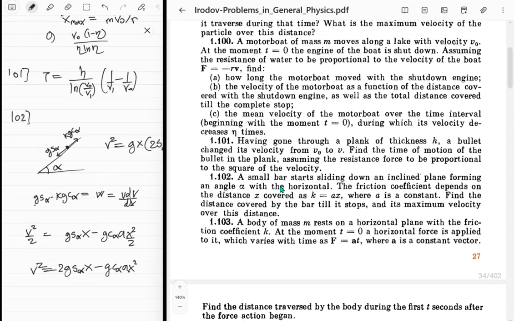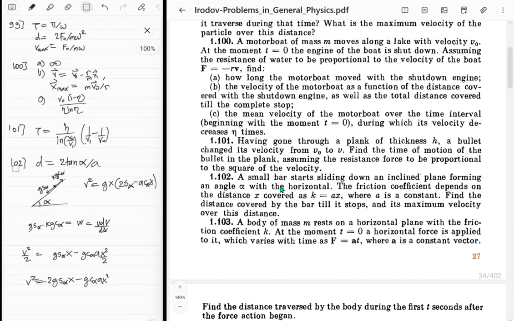So, you just got the thing. The distance traveled will be 2 sine alpha upon a cosine alpha. Isn't that just 2 tan alpha upon a? Yes. Okay, so you got the distance traveled. Now, what else do you need to do? You need to figure out the